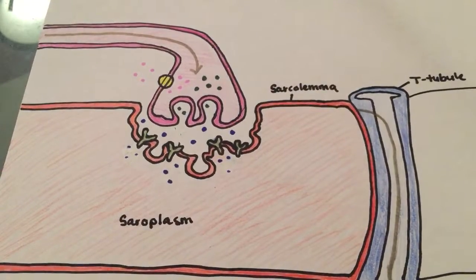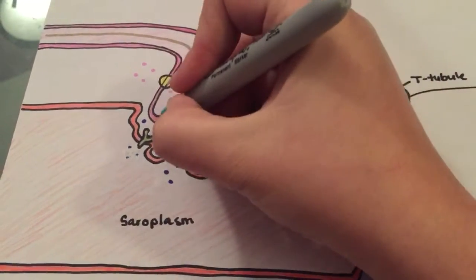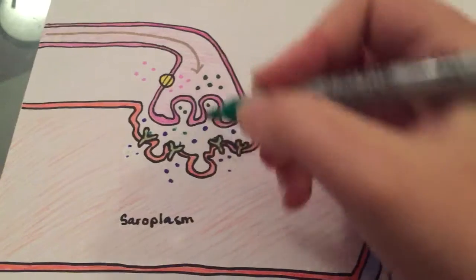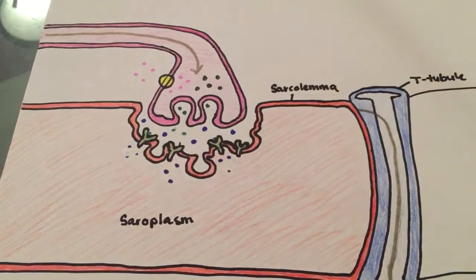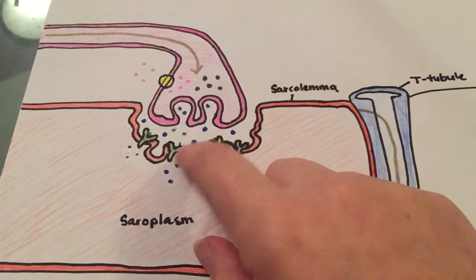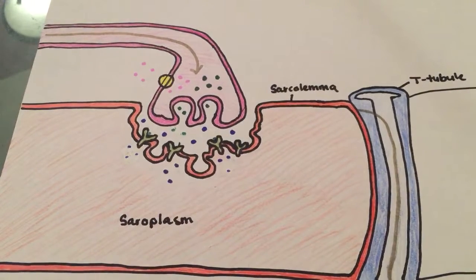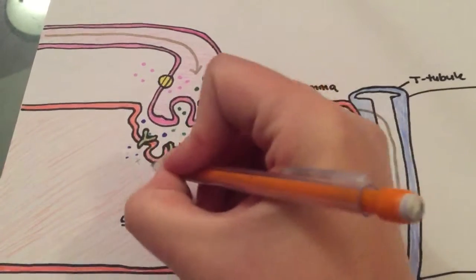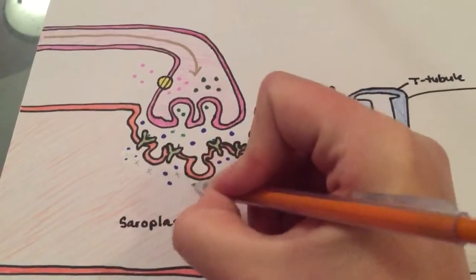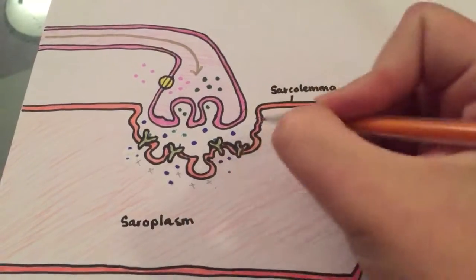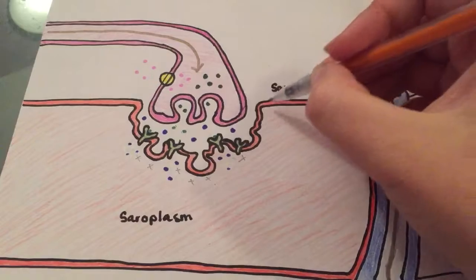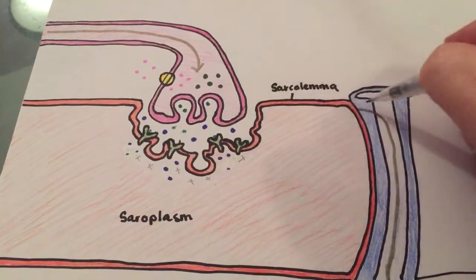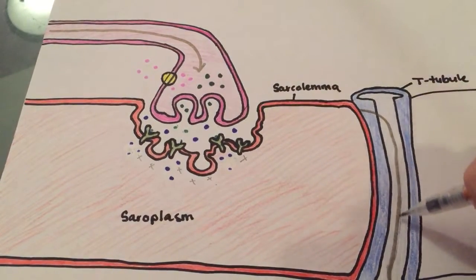The acetylcholine floats around until it finds receptors to bind to. It binds to these receptors in the ligand gates, which opens up a channel, allowing the sodium ions to pass through to the other side of the sarcolemma. Once the positive charge from the sodium ions builds up and gets to a certain point, it allows for a voltage gate to open up and an action potential to travel through the sarcolemma into the T-tubule and down into